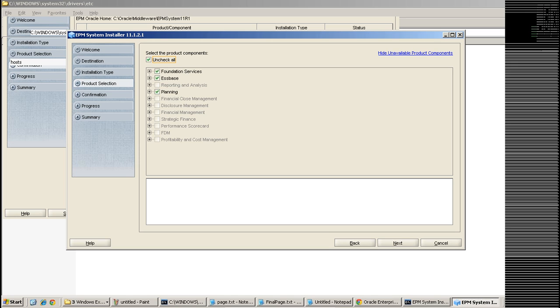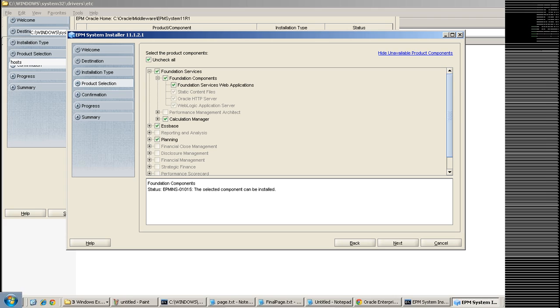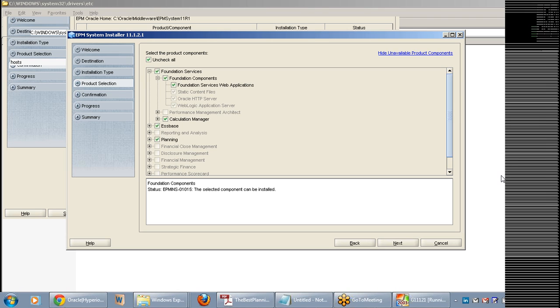You will see foundation services. Under foundation services you can see Oracle HTTP Server as well as WebLogic Application Server. These are the two components which we discussed earlier, and by default they come with the foundation services. If you are planning to install foundation services on one machine and shared services on another machine, then you have to install WebLogic Server separately on the system where you install shared services.